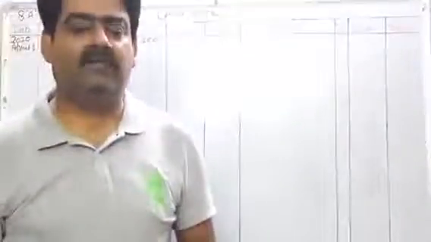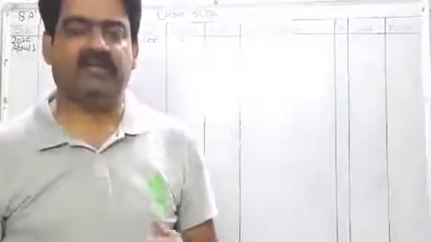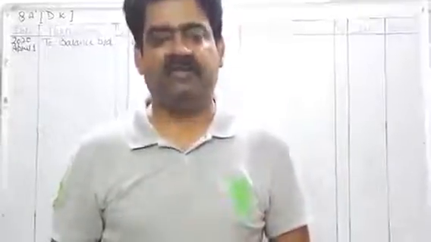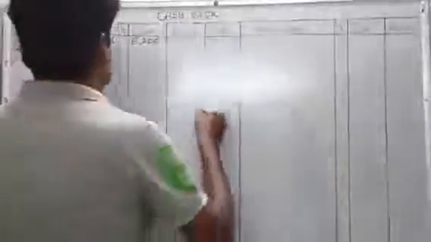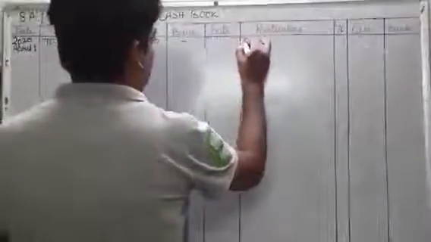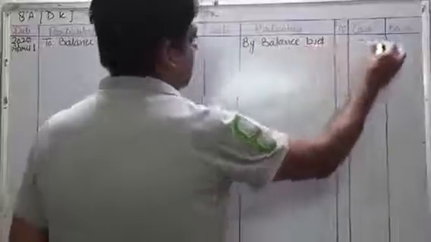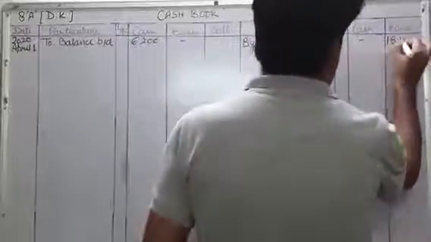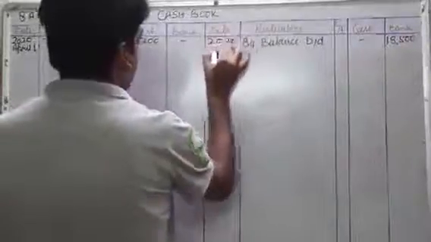So bank overdraft balance is also known as credit balance of bank. That means this amount we have to pay to bank. So this is our credit balance of bank. It will come in credit side of cash book. Bank overdraft 18,500. This balance will come in credit side like this by balance brought down 18,500. Here is 2020 and date is